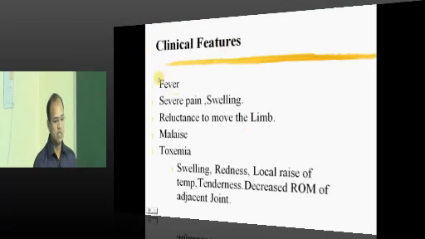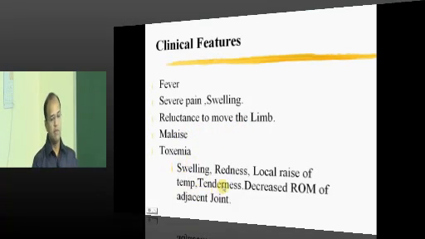The first and foremost important feature is that the patient comes with high grade fever and severe pain and swelling in and around the zone. Severe pain and fever. Suppose a baby or child is complaining of pain in and around a joint or in the metaphyseal zone and comes with high grade fever, never ever take it lightly. Always consider it an osteomyelitis and treat aggressively. There is nothing wrong even if you treat aggressively, but never underestimate. If you underestimate, he can end up with a lifelong disability. Right? That is one. And the patient will not be in a position to move the limb because of severe pain,